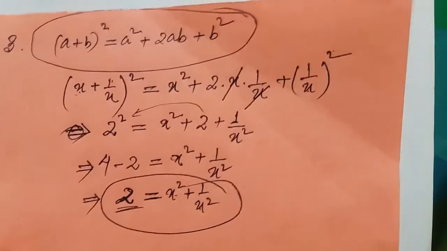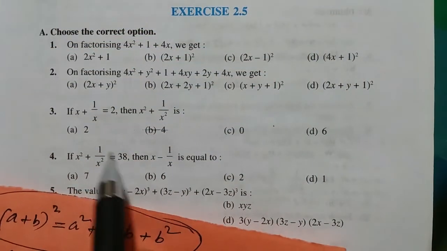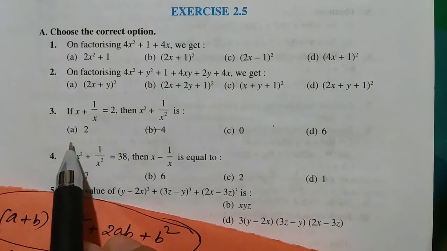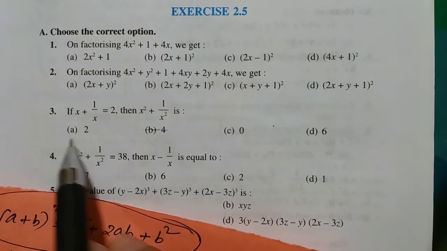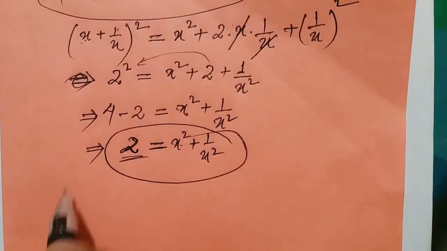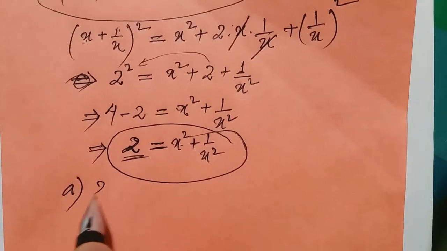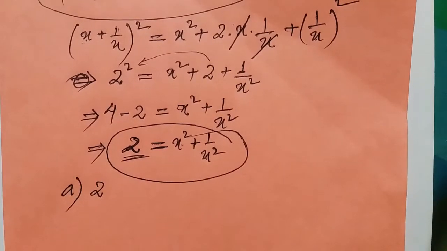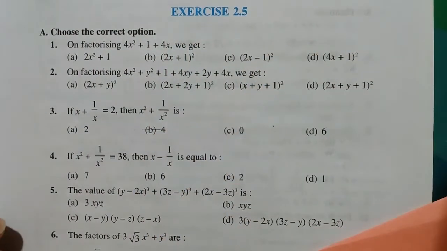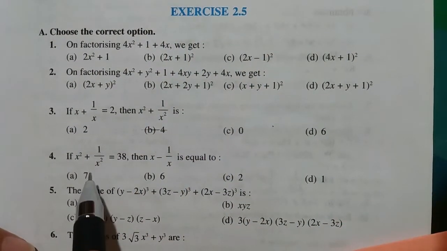So let's see which option is 2. Here the first one, so this is the correct answer. So A is the correct answer, that is 2. Now we'll see question number 4. Question number 4 here is